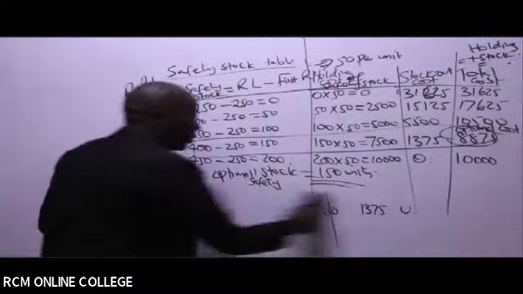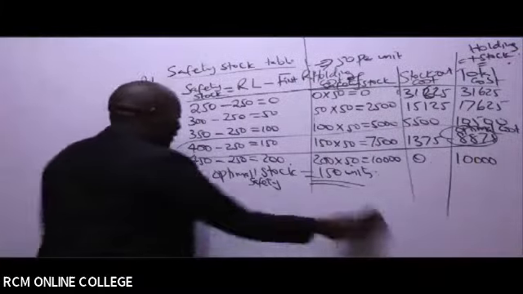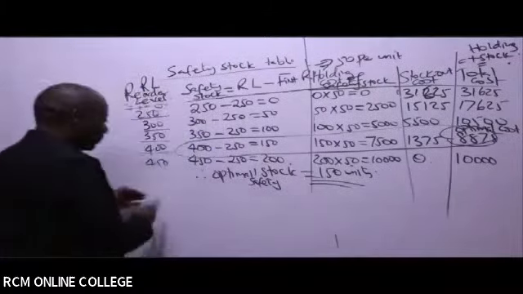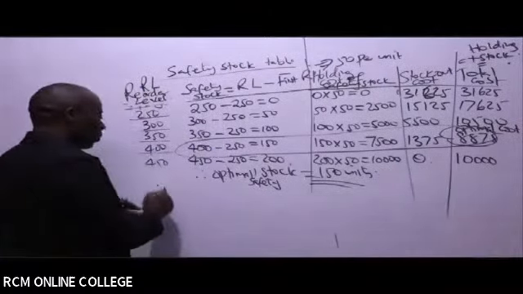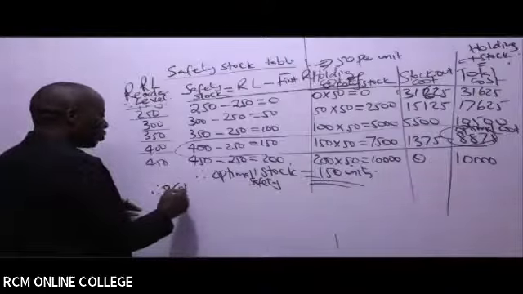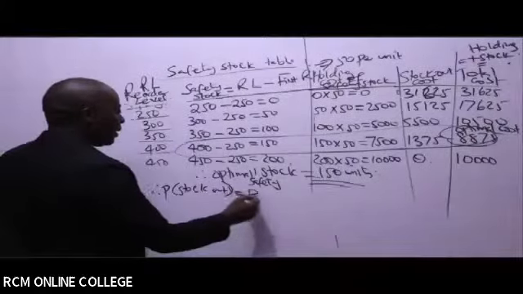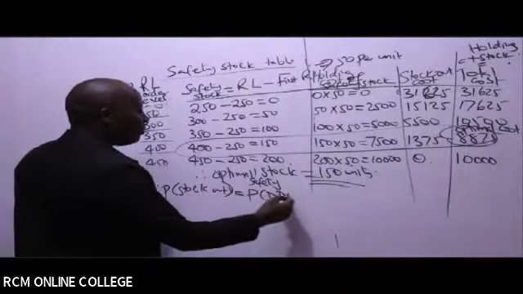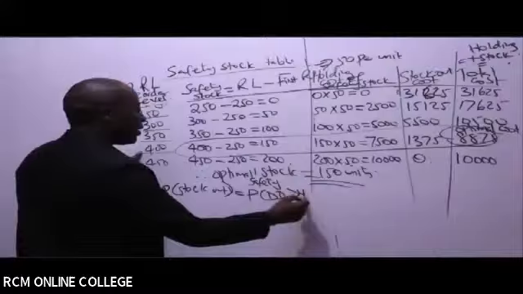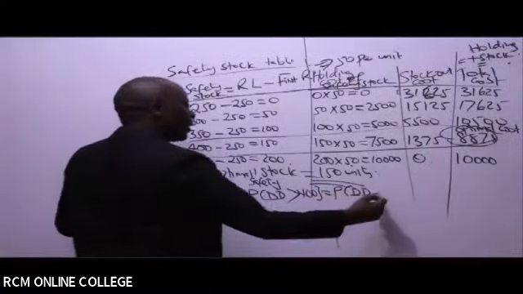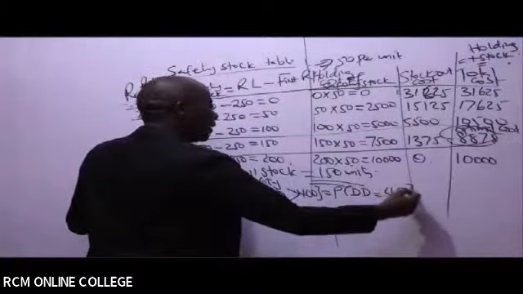So we shall stock for 400. The safe stock, of course, is 150, but the stock level is 400. Therefore, the probability of stock out is probability of demand being more than 400, which is probability of demand being equal to 450, which in this